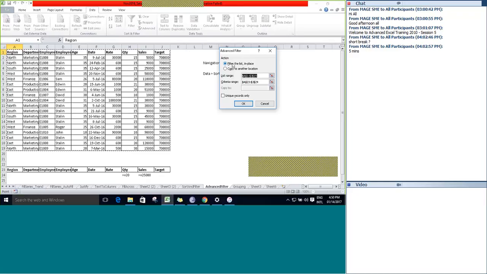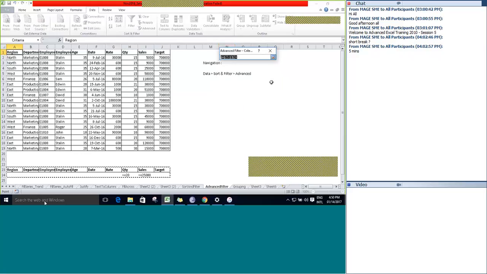List range is going to be this. The table 1 is going to be the list range and the criteria range is going to be this. This criteria range should contain the same table structure with a header and without any values, only the criteria in it.